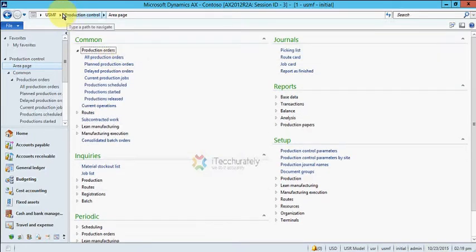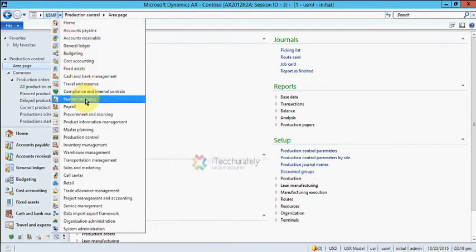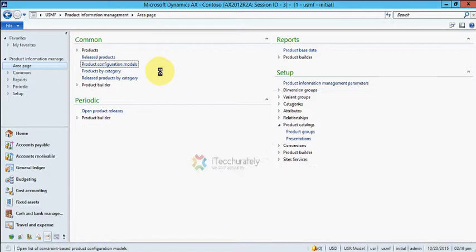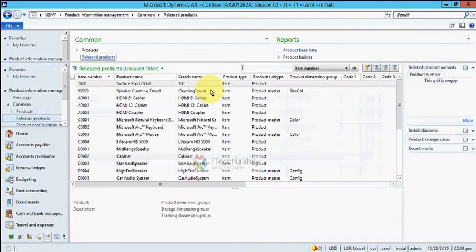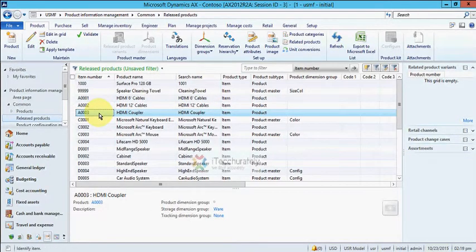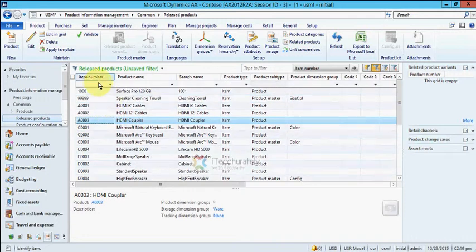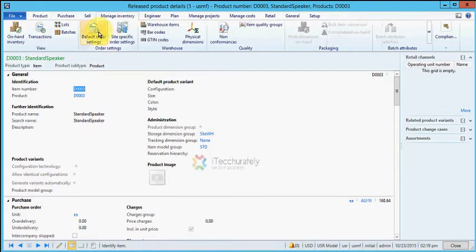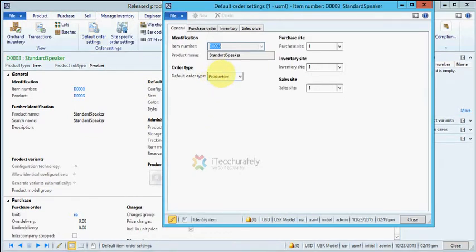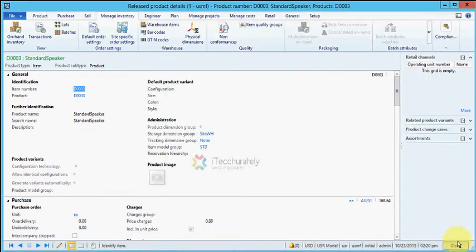You can have the product information system where you can set up the product that you are going to produce. Just for the sake of demo, I am selecting a product, Control G D star. For this, I make it a default site setting, basically a production order product that I produce here. It is not a purchase order. I produce it in the form of lean manufacturing.